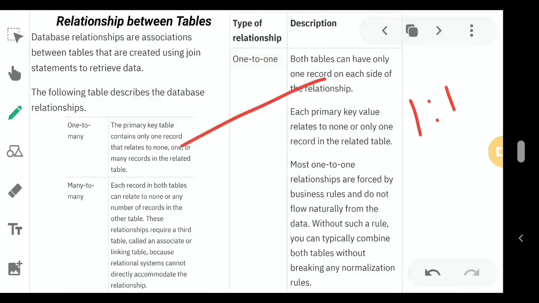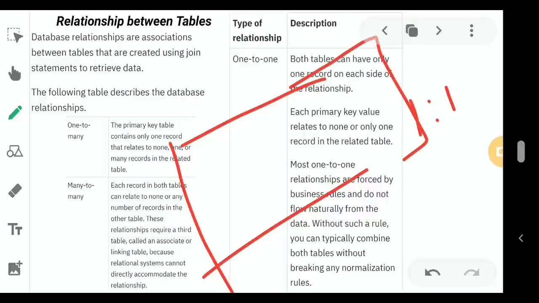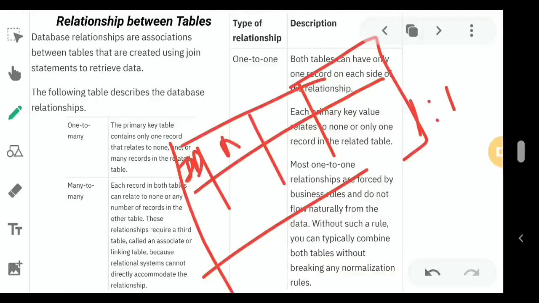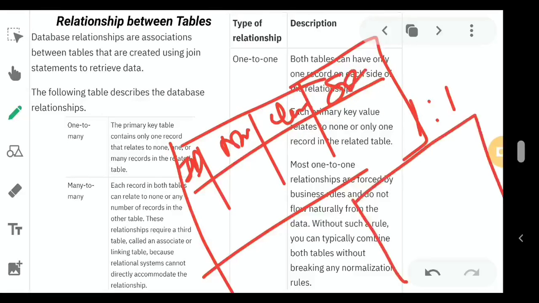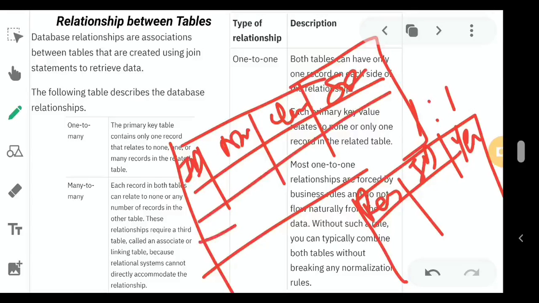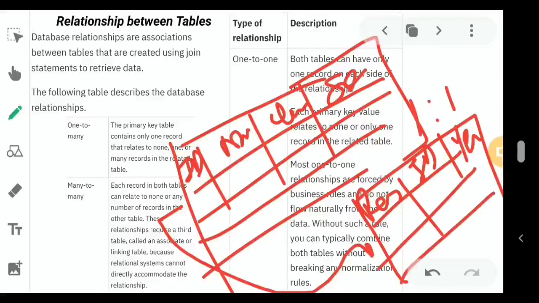So if I draw a table over here, this one is an ID, this one is a name, this one is a class, this one is a section, and I have prepared another table also that is having reg number, that is registration number, ID and year. Okay, so each row of this table is particularly related to this table also, because each student is having